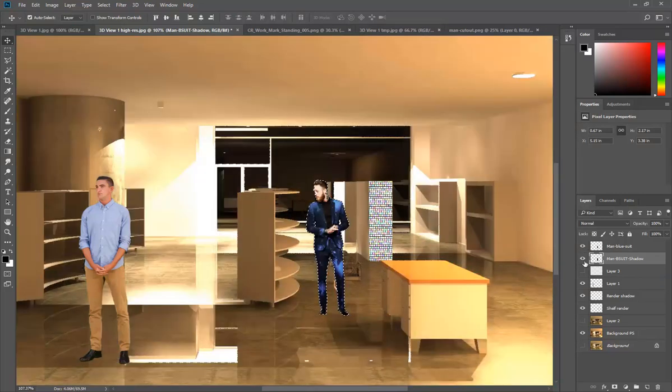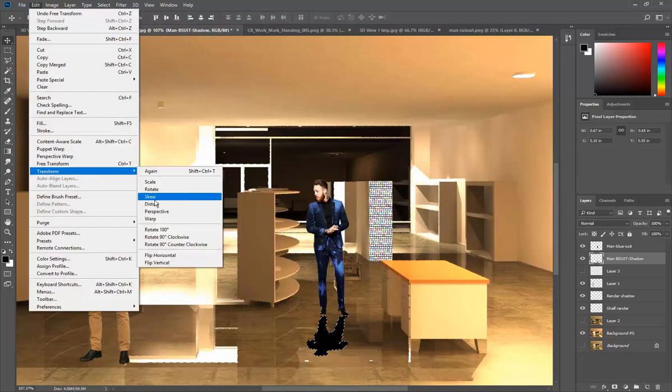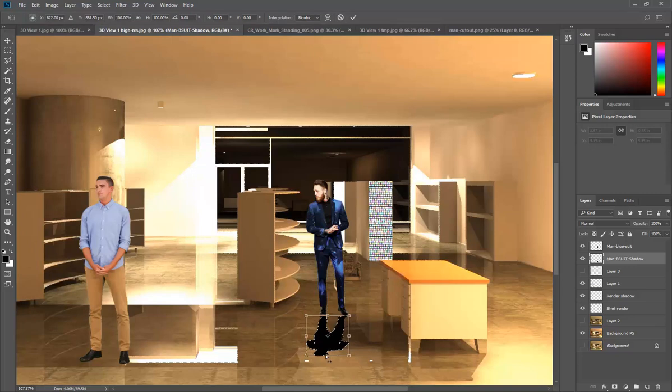I'll get rid of the layer with the other people. So I'm going to again just go to transform, Control T, and then bring it down, and you can see that we've got the shadow underneath. And then you can also skew. The shortcut for skew is, I always forget this one. I'll tell you what, I'm just going to bring it down a bit, and I'll do it from the menu. Under Edit, you can choose Skew, and that way you can change the angle